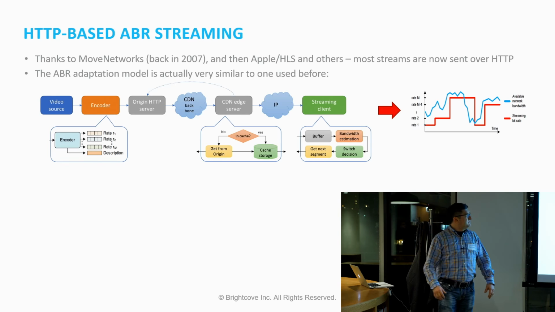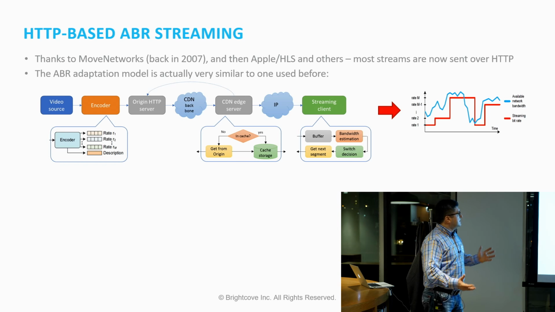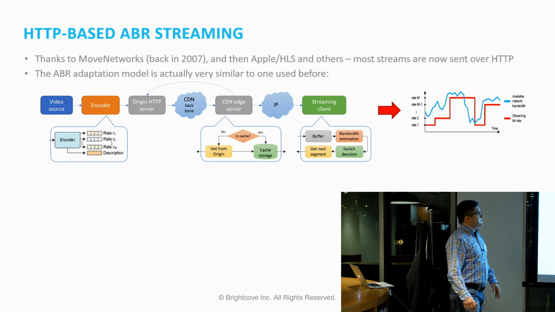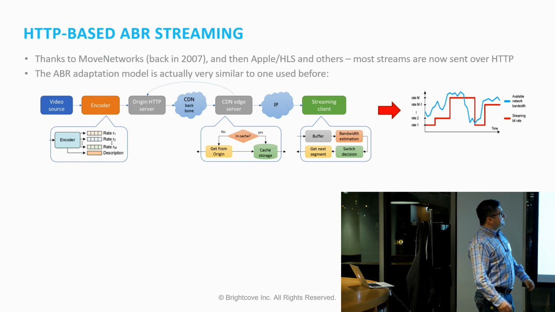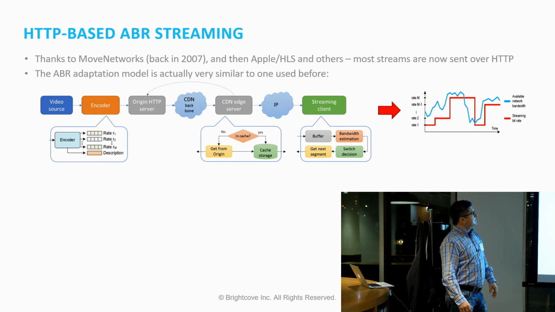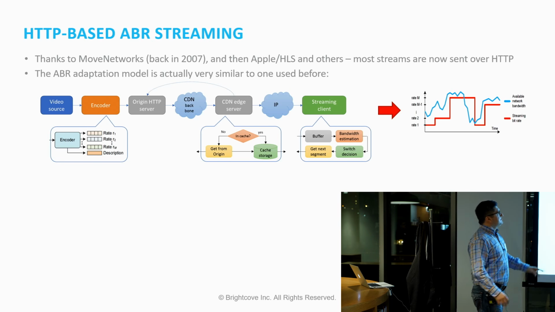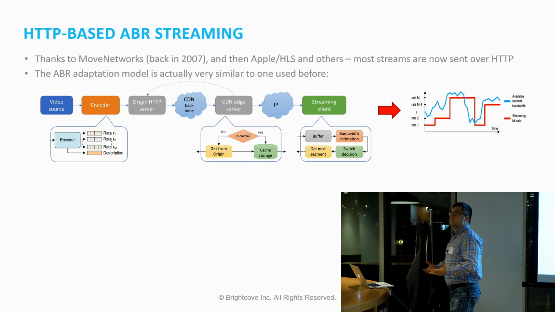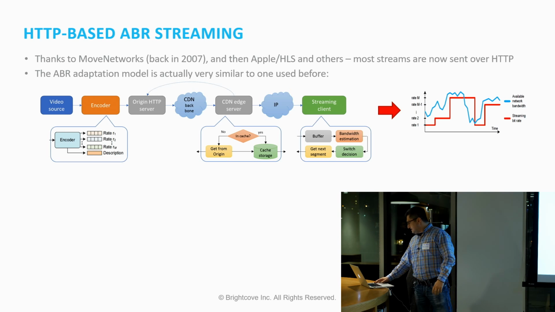And if we look at this system, it looks similar to what I was describing before. The streaming client does estimation of what bandwidth is available. It decides which segment to pick. So the difference is that things are encoded in segments. But the biggest difference is that there is now a CDN here. There is an origin server, of course, which is now a typical HTTP server. It doesn't do anything intelligent. But then it's connected to a CDN, and the CDN does the scaling.